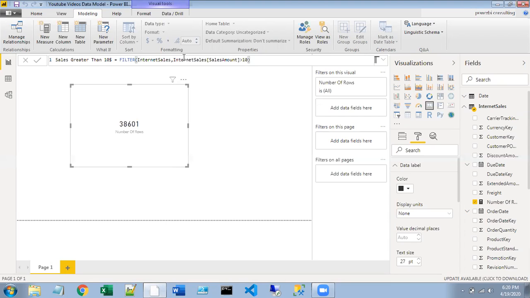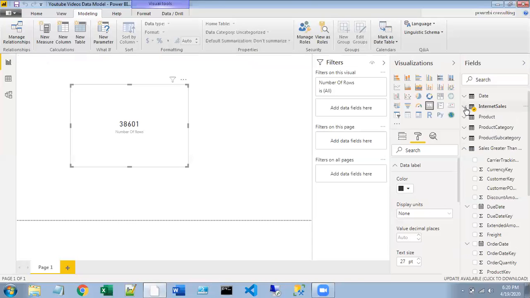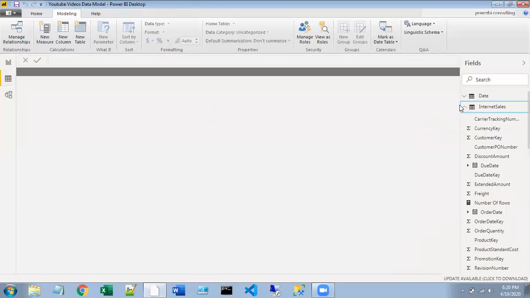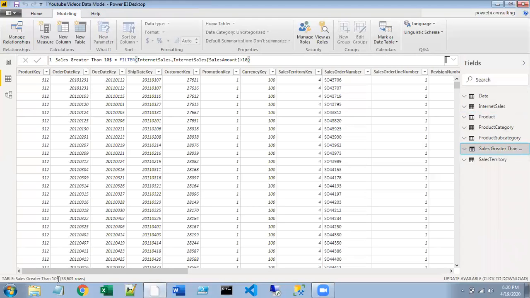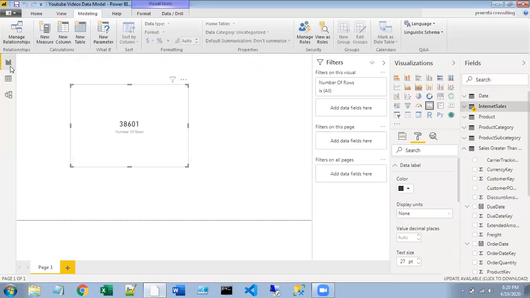But as this is a new table expression, the DAX expression is valid. Go for committing. Now a new table is created in your model, sales greater than $10. If you look at the data of the table, you will see the same number of records, 38,601 rows with sales greater than $10.